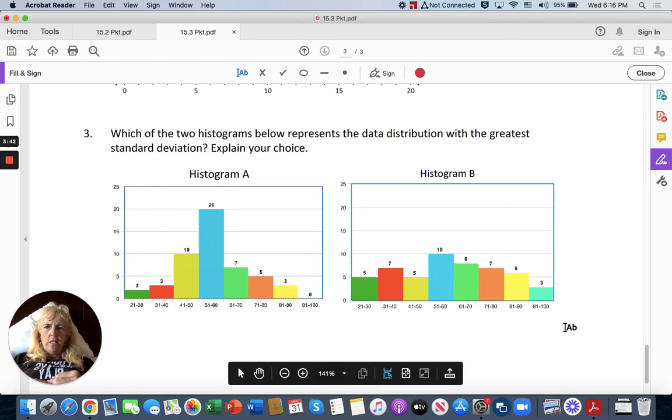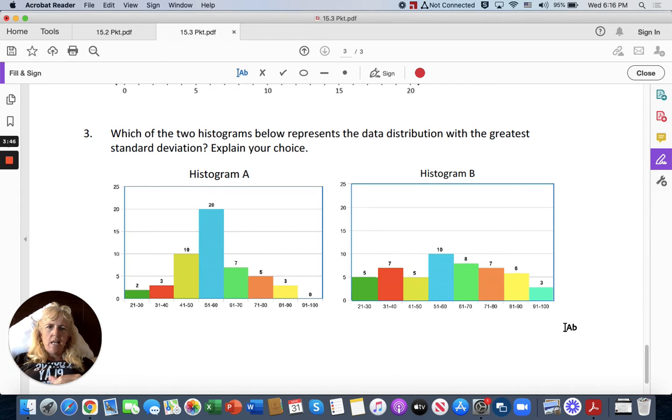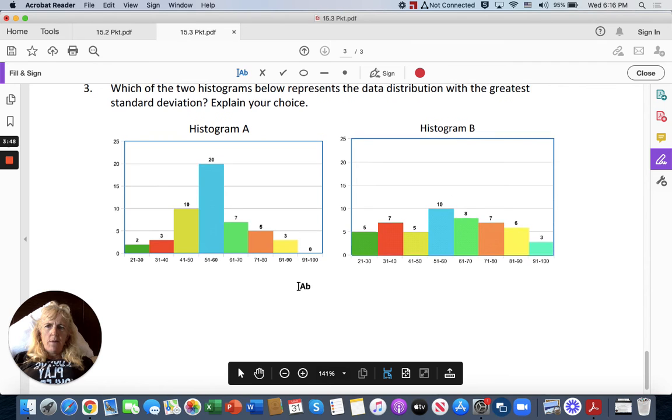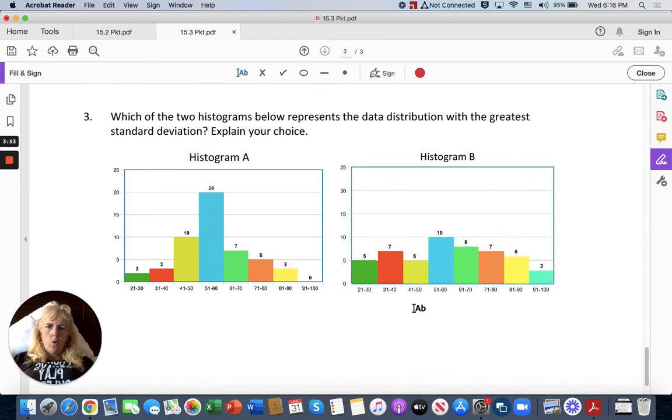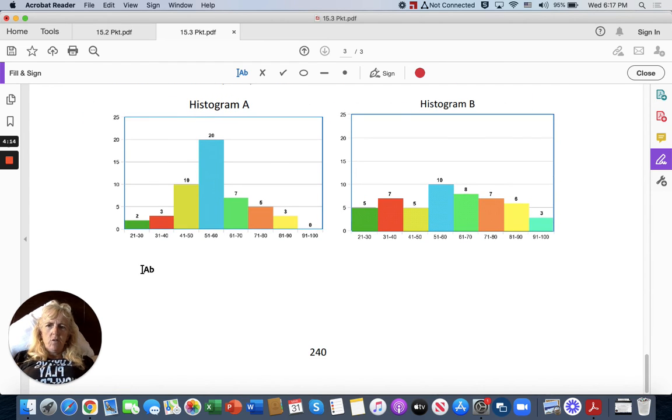Which of the two histograms below represents the data distribution with the greatest standard deviation, histogram A or histogram B? You also need to explain your choice. Here, they're all spread out. Here, there's a bunch more in the middle, aren't there? A bunch right here. So I would say the greatest standard deviation would have to be this one, because it's spread out so much. So we would say histogram B